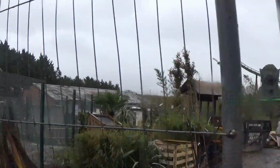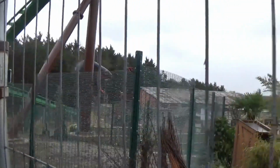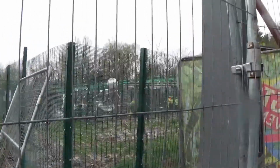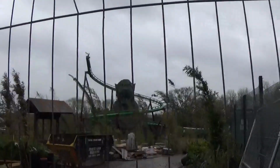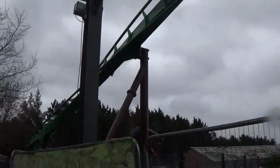Then of course you've got two flat rides. You've got Black Mamba down there. Yeah, that's going to be a cool addition to Chessington. And Ostrich Stampede, I believe it's called, over there. But yeah, the main highlight for this area, and in general, this is going to be Chessington's new standout coaster,